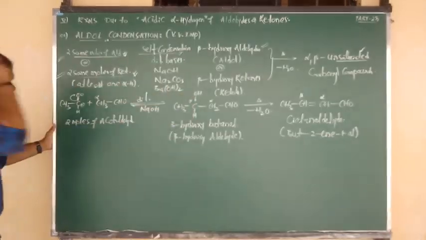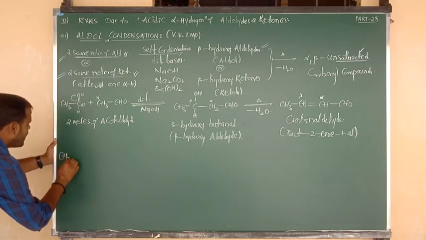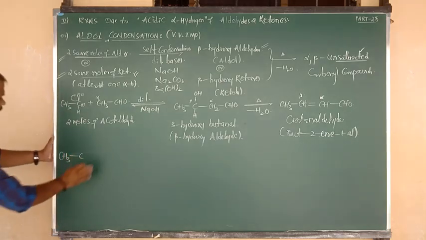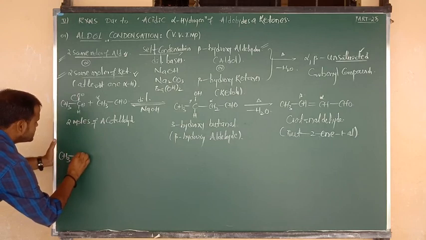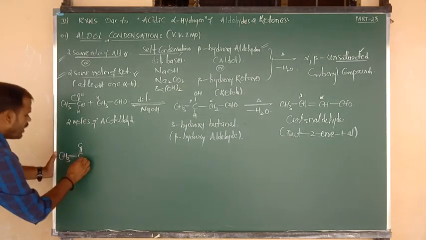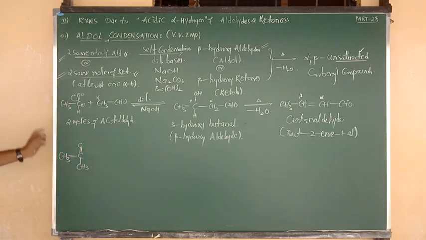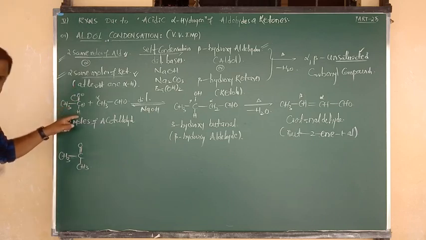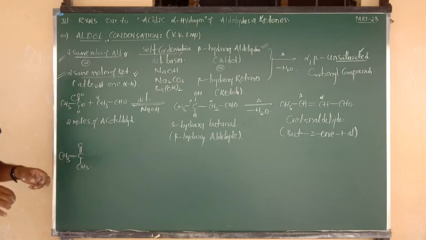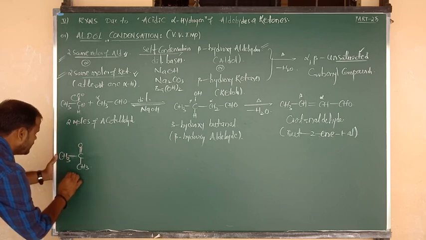In the same manner, we have to write it the right way. Acetone, what is the formula? CH3 bonded to C double bond O, again bonded to CH3, but I am going to write the CH3 from the downside, same as above. CH3 C double bond O H is acetaldehyde; CH3 C double bond O CH3 is acetone. This is only for our comfort, otherwise you would get a little confused. Write in the same manner as I do.